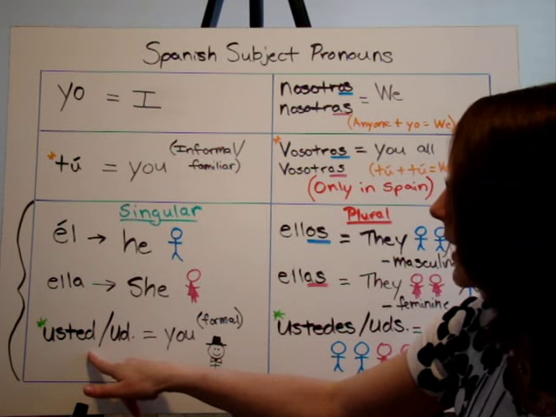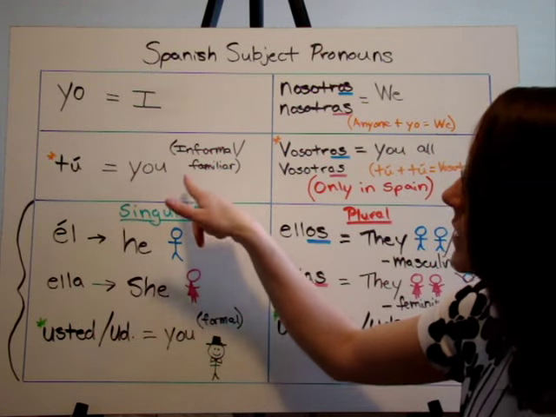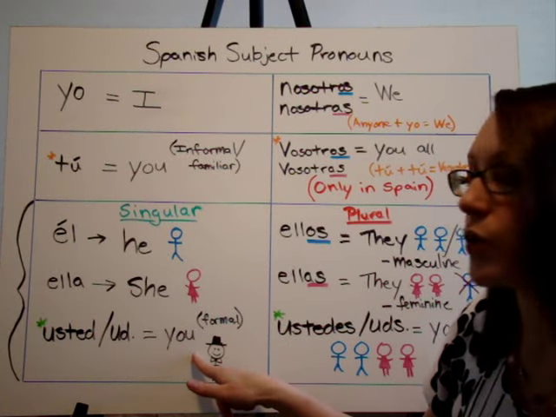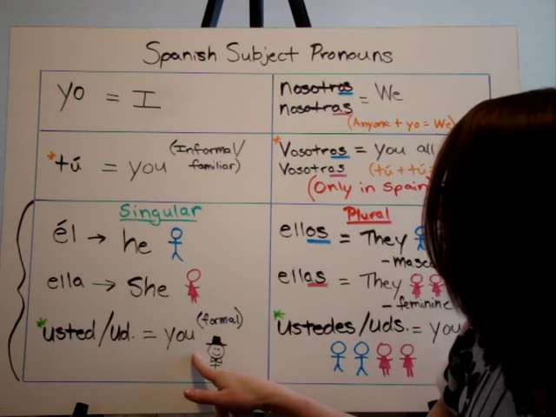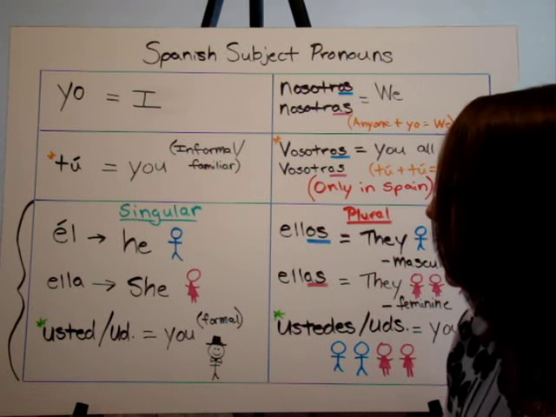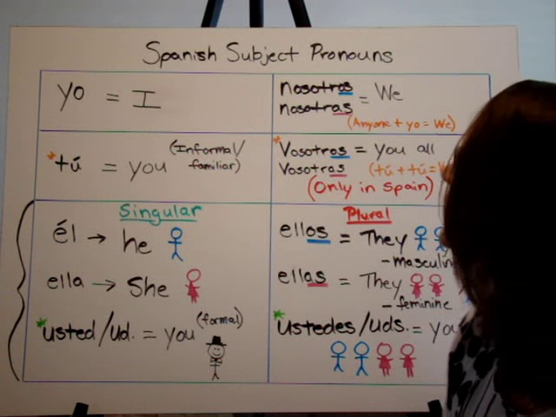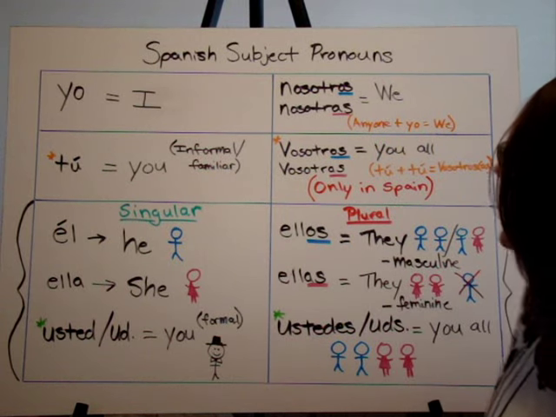And then usted is also you, the same meaning as tú. However, this one is formal, and we did learn that already. So you're going to use that with people you need to be formal with and show respect to, people that are older than you. Now all of this side is new,